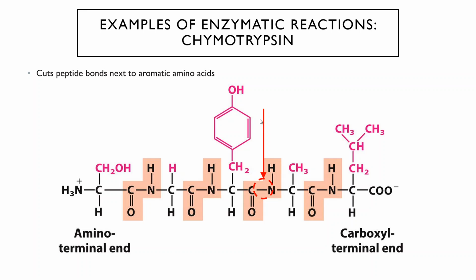aromatic amino acid. So it's a little bit unusual actually in that the substrate in this case can be almost any protein, as long as it has an aromatic amino acid somewhere in it. So it's not as specific as some enzymes are. But we're going to just go through and talk about its structure and how it actually carries out